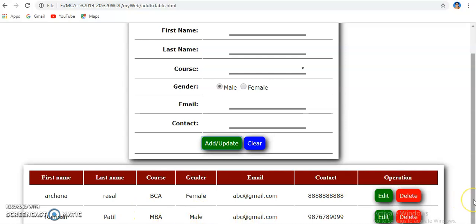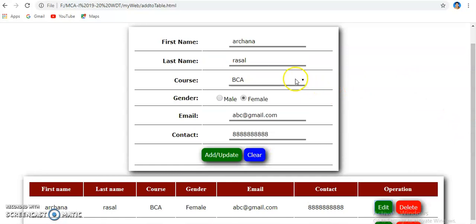All this is done by using JavaScript, and there is no PHP script or MySQL database, as I have told you. Then after clicking on the edit button, the same record will be shown in the form above.